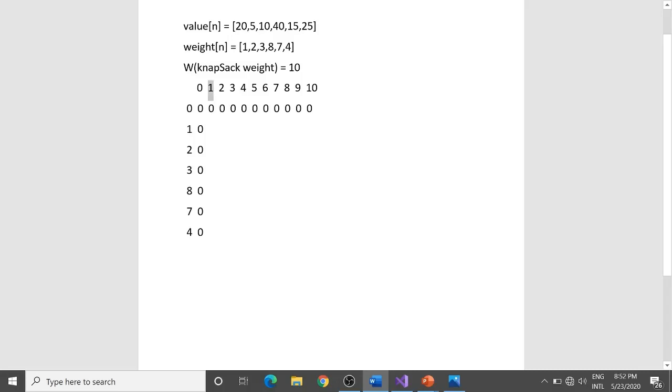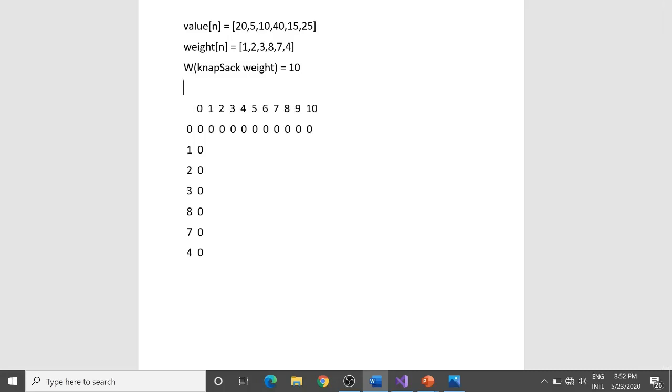What does the intersection of this and this mean? This subproblem means that my knapsack can hold a weight of 1, and currently I am having an element which has a weight of 1. So I am currently at this element over here. What I would be doing is, I can either include the element or exclude the element. If I include the element, then whatever weight my knapsack has, I would be deducting the current element's weight from that weight, just to say that I have made use of that element and I have put that element in my knapsack.